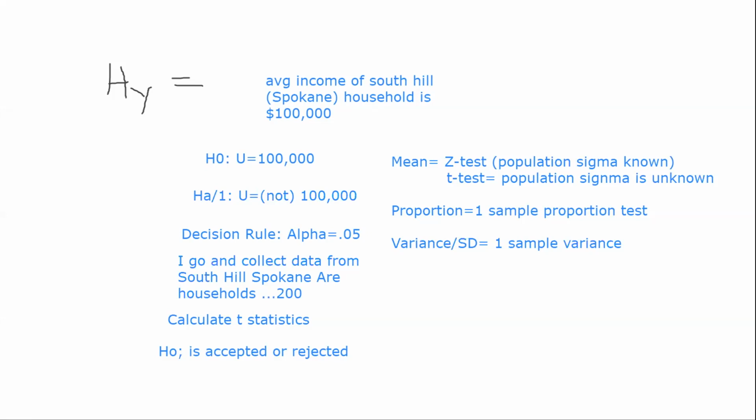State the hypothesis to be tested, specify what level of consistency, like 5%, 10%, which is called decision rule. Collect the data, calculate necessary statistics, make decision, and take action. Like I just said about the household income in South Hill in Spokane. So exactly the same, these are the five steps. Null hypothesis, alternative hypothesis, they are denoted by H1.